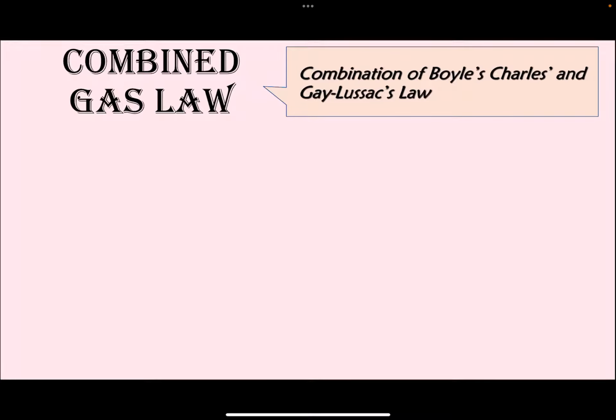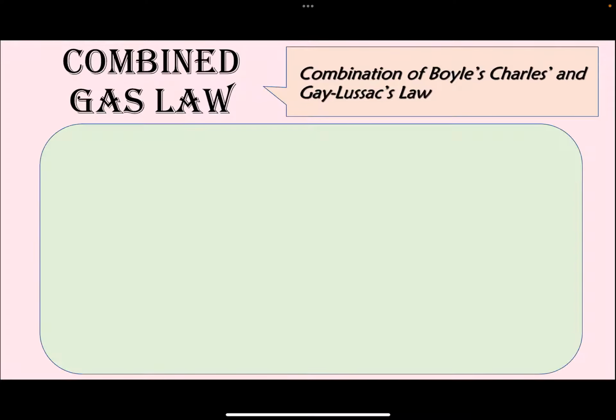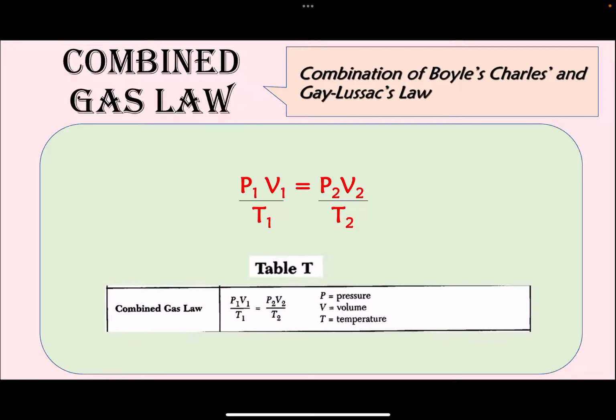Let's talk about the combined gas law, which is when we combine these 3 laws that we just talked about. So it's the combination of Boyle's, Charles's, and Gay-Lussac's law. The equation is P1 V1 over T1 equals P2 V2 over T2. It is given in Table T. And by the way, because this equation is given in Table T, you don't necessarily need to remember